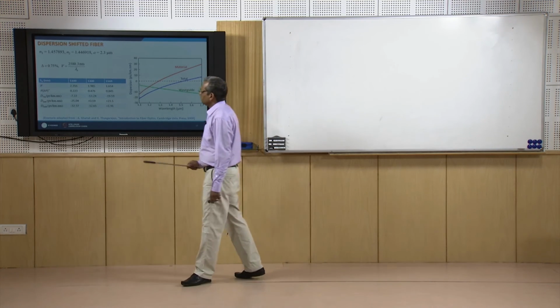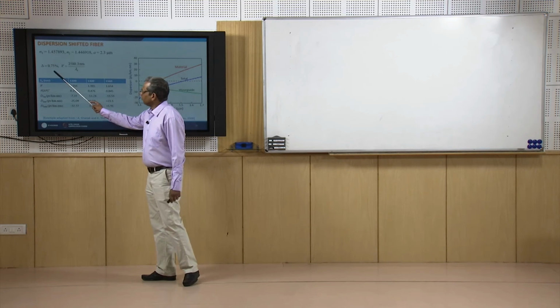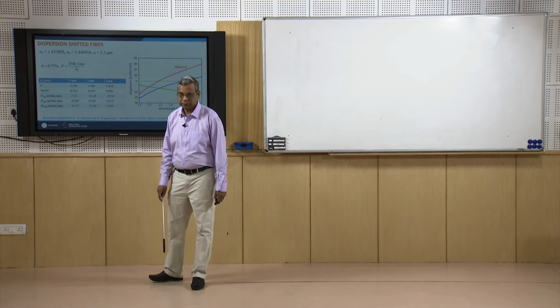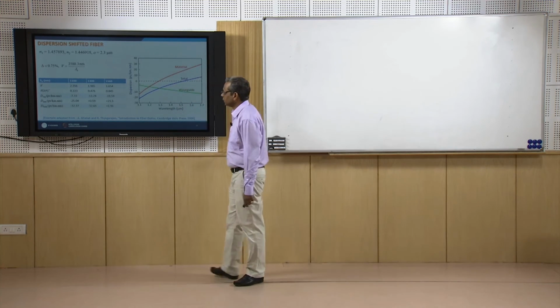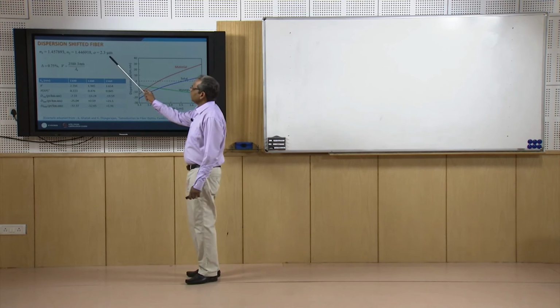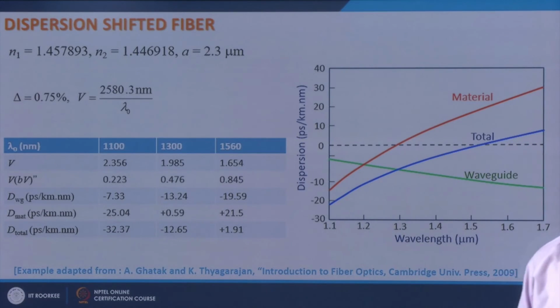However, the price I have to pay is very high value of delta, which of course increases attenuation because you have increased the germanium concentration in the fiber, and also A has become very small. So, splicing this with other components gives you much larger loss, and you will have to now work with much smaller dimensions. So, the cost of the components increases.